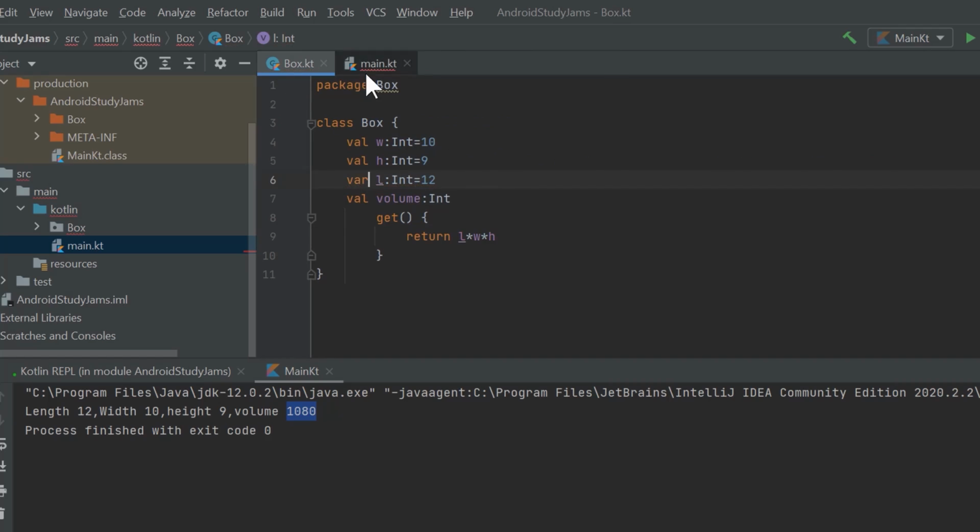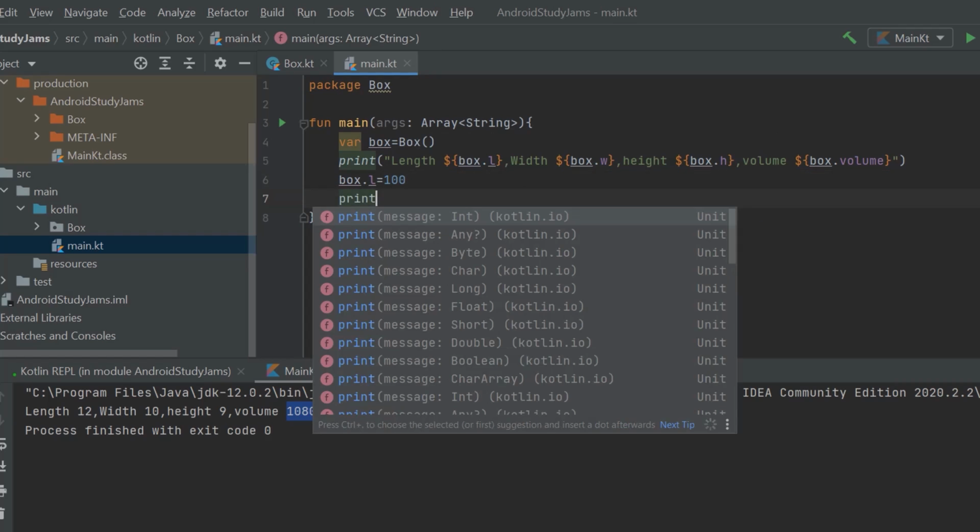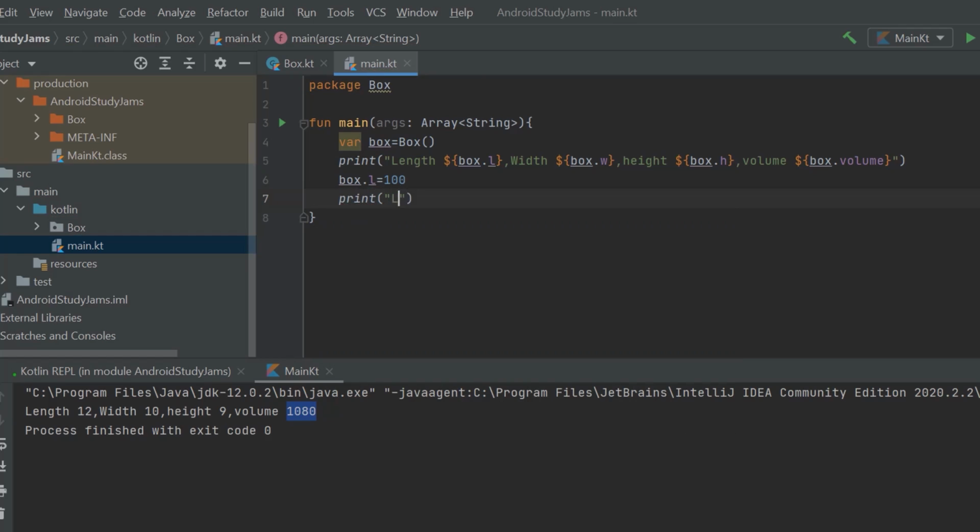And you can see that the error must be gone. Okay, now let's change it to 100. In that case, let's change it to 100, and when you just do the same thing, like print what we can say length, you will find out that